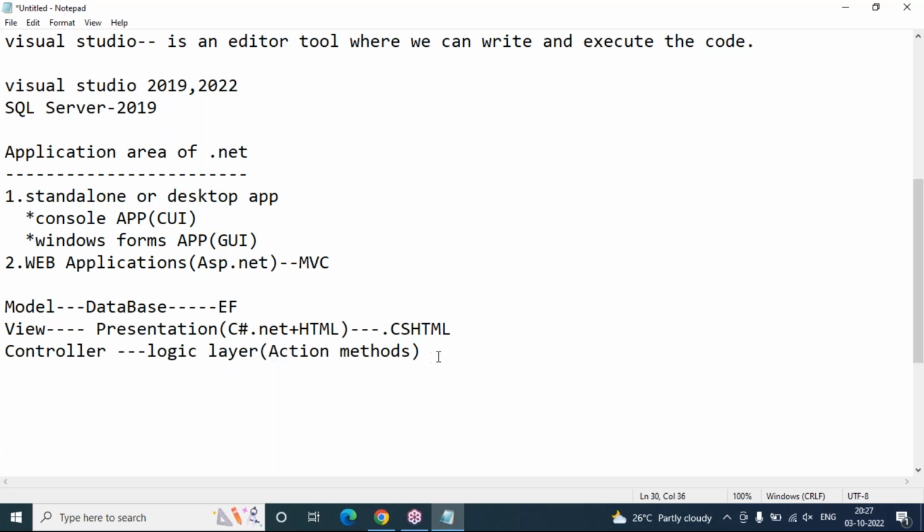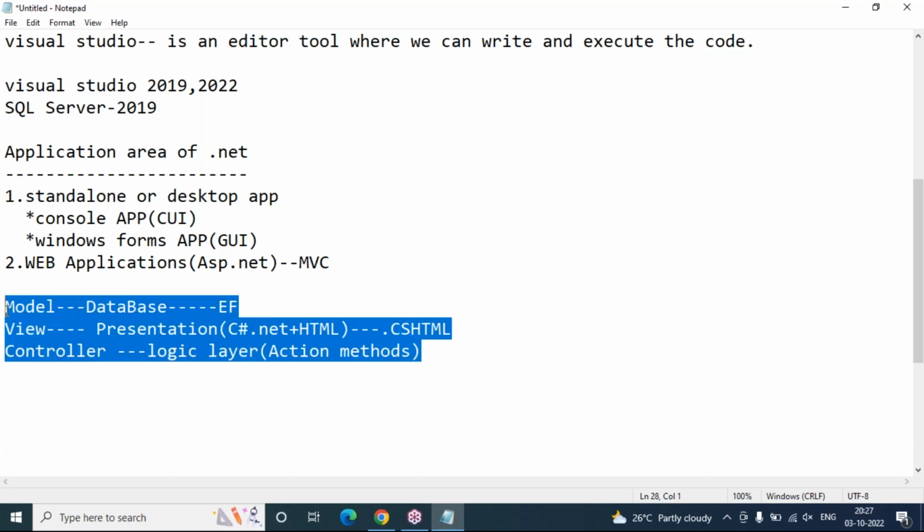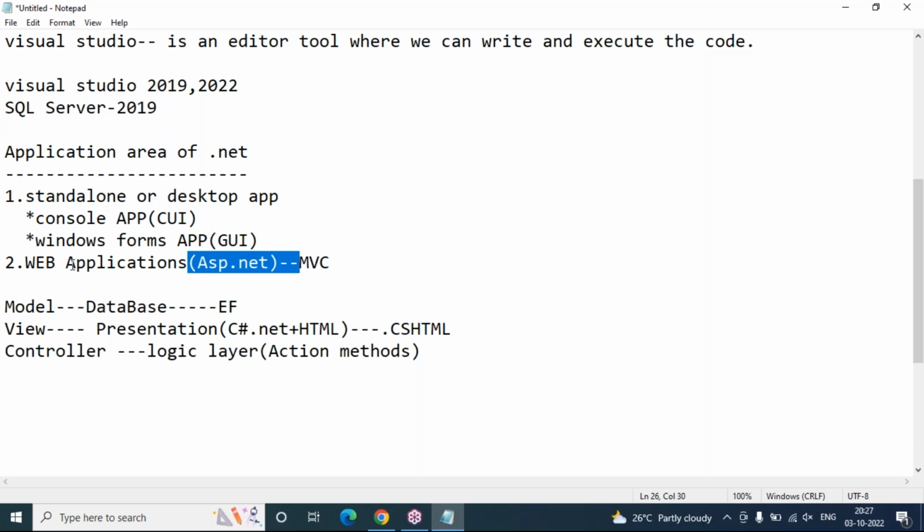But at the architecture level, it's good. Security level, it's good. Editing level, it's good. So this is the MVC pattern, which will come under ASP.NET web application only. Web application means the application which provides services on the web or over the web is called a web application. Okay. So now coming to this, not only using .NET like standalone or desktop applications, console applications, Windows Forms,